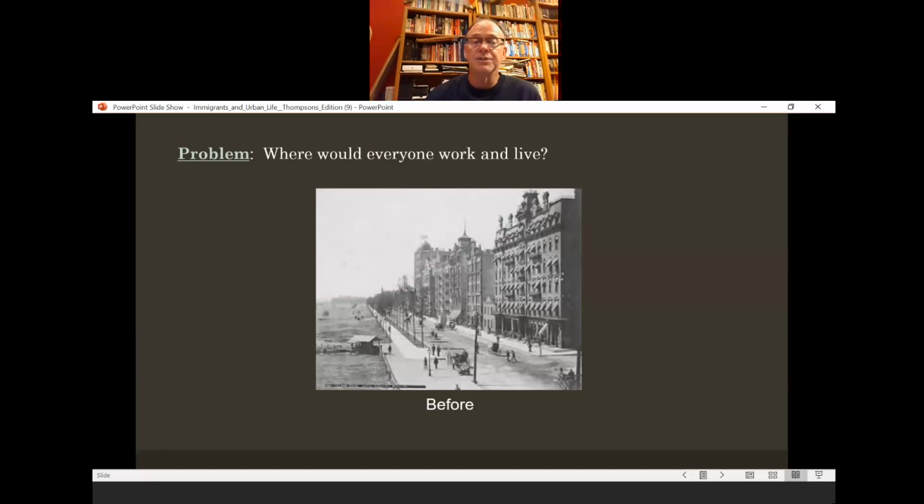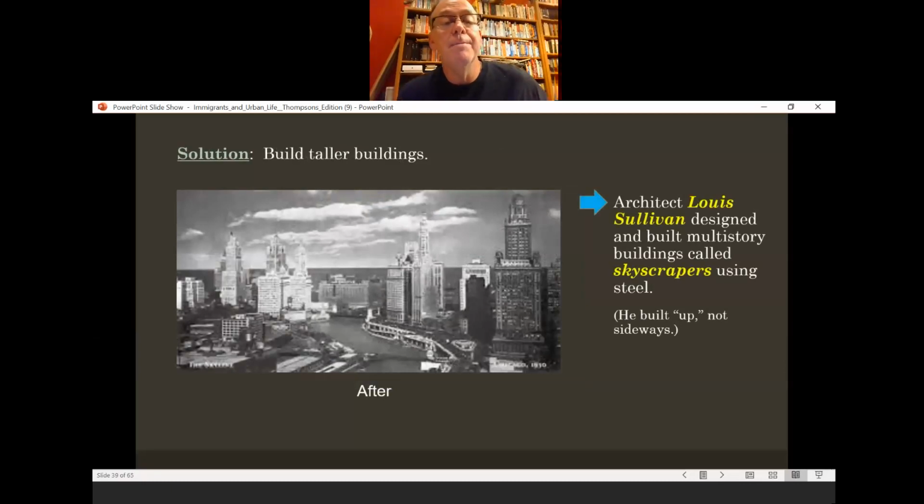So I've kind of given you a hint on what the answer is. The solution, build taller buildings. And they couldn't do that until this time period because they didn't have steel. Steel is what allows them to build higher. Before that, if you're building out of stone, it starts getting so heavy you can't go beyond a certain height without it being so heavy it just all comes tumbling down. Steel, it may be heavy, but it is so strong it can support and continue to support more steel on top of it. So this is very important.